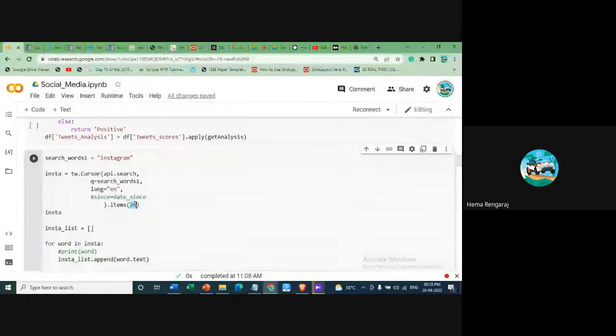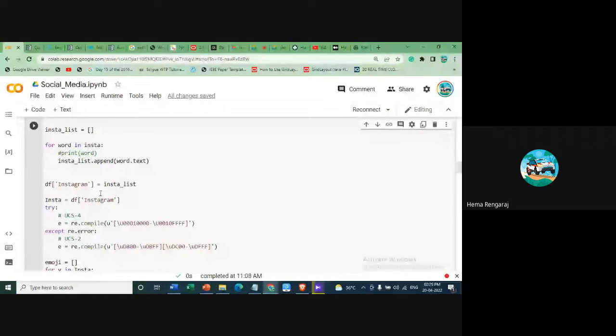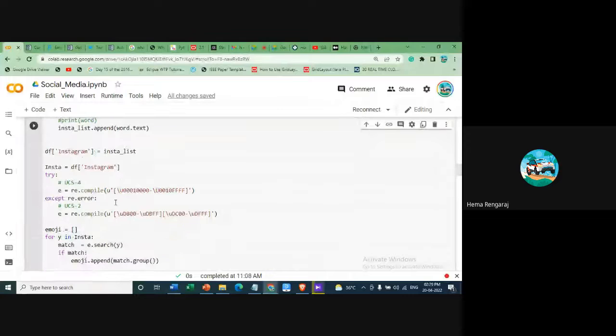The API will decide what 20 data to give to you. Whether it may be the top 20, or a predefined 20, or it may change each and every day. Yes, it is the top. Mostly it is the top 20, based on the user credentials, whether you are from India or from Tamil Nadu. Based on your location, they will offer you some top 20 tweets. And for the Instagram posts, in Instagram also you need to compile your emojis into some regular expression, right?